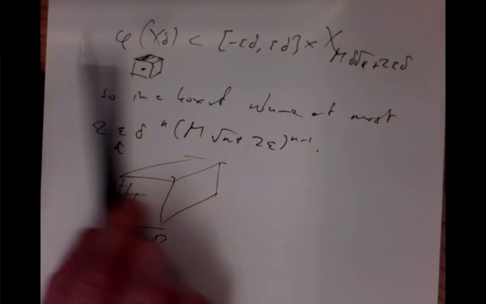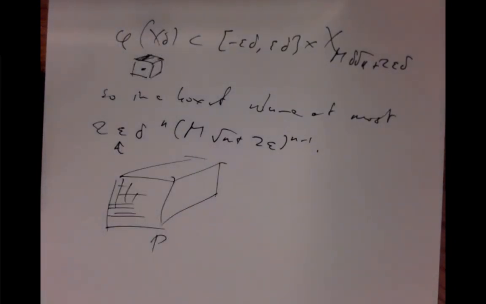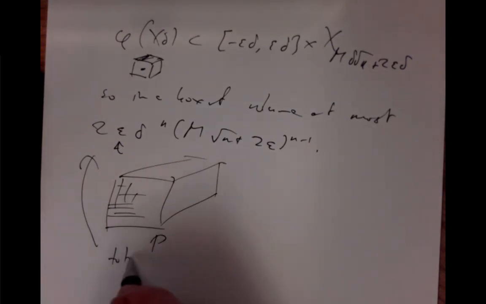We only worked out what happened in one of them, and now we have to add up. We only have to add up over the ones that contain critical points, though, but we add up over all of them, and then we can get an estimate on how bad this gets. The total volume, when you add up all such boxes, assuming that they all have critical points in them, which is the worst you could have, then the total volume